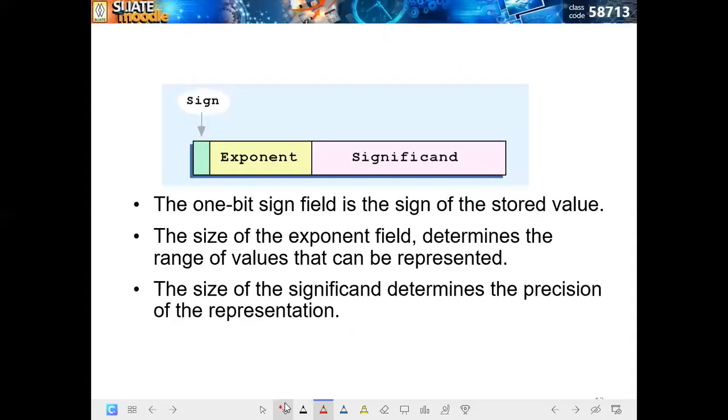Okay, then the one bit sign field is the sign of the stored value, right? If it is a negative number, we put 1 here. If it is a positive number, we put 0 here, right? In this part, if it is 1, negative. If it is 0,